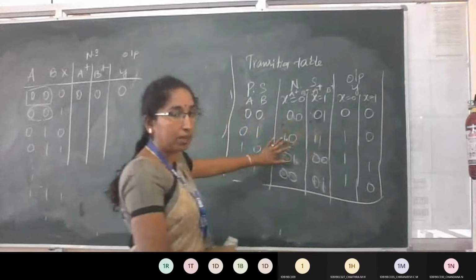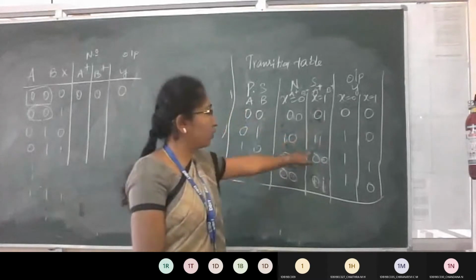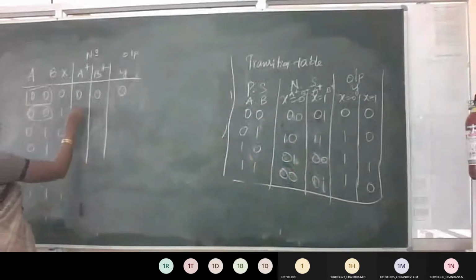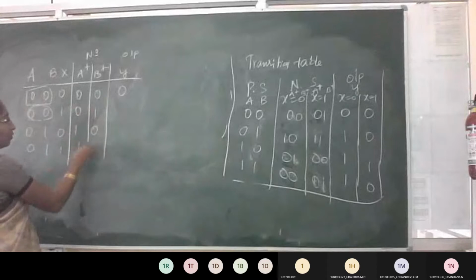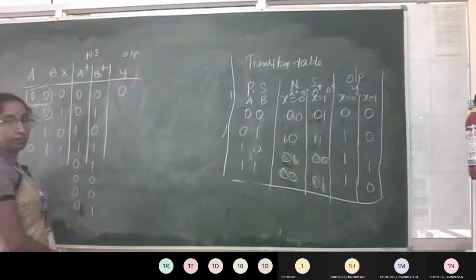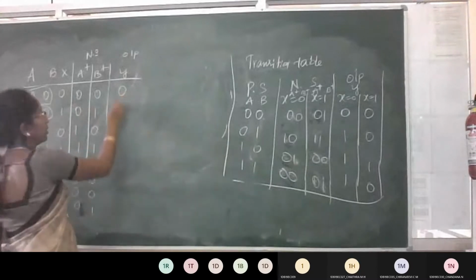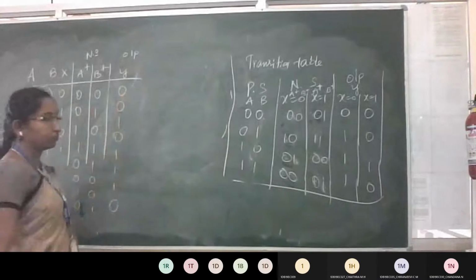So there is nothing much; after writing this table, you just have to write it row wise: 0 0, 0 1, 1 0, 1 1, just horizontal. So directly I can write 0 0 0 1 1 0 1 1. Next, 0 1 0 0 0 0 0 1. Y again, Y also. So 0 0 1 0 1 1 1 0.